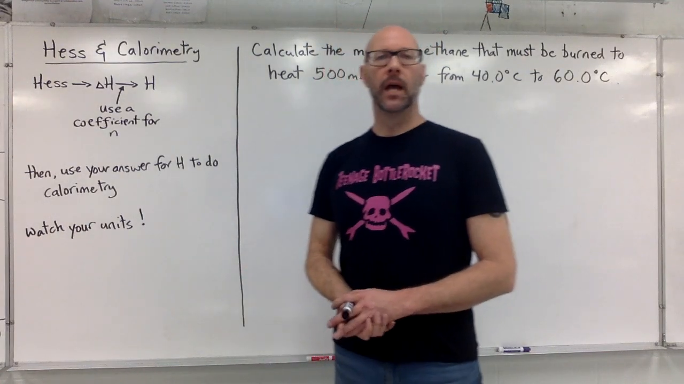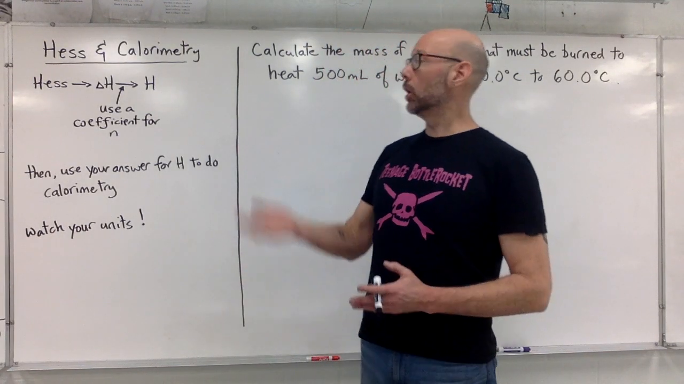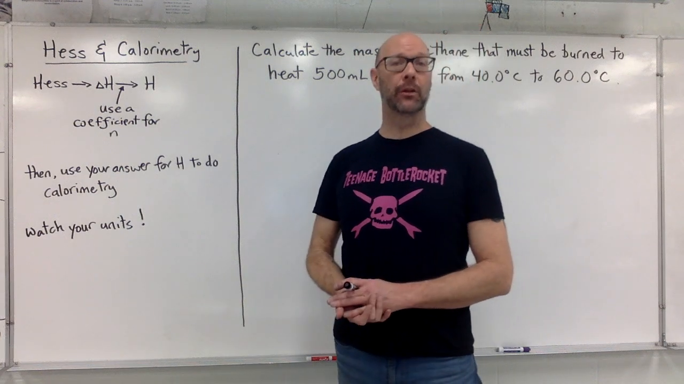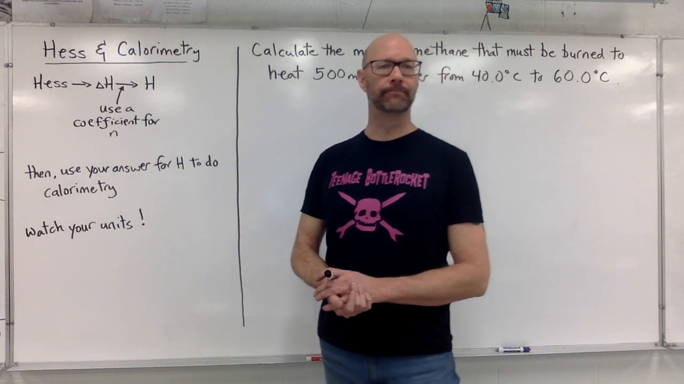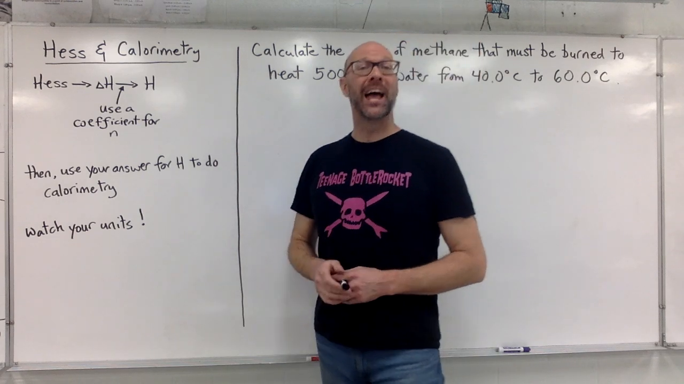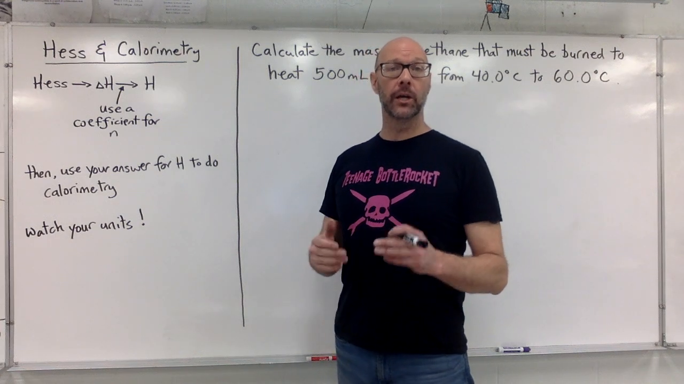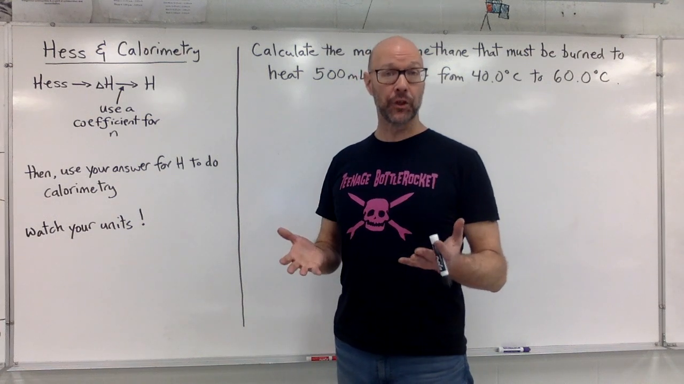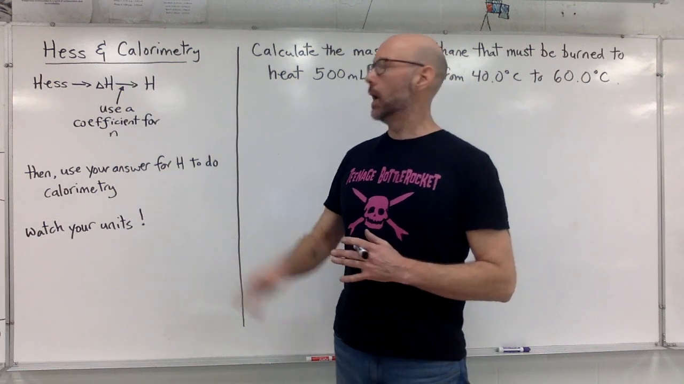Hi everyone. This is a style of multi-step problem that I call Hess's law and calorimetry. Sometimes I like to say Hess uses a calorimeter. There's multi-steps. It's right in the name. We're going to start with Hess's law to find delta H. Then we're going to convert that enthalpy change, that delta H, into a molar enthalpy, and we're going to use